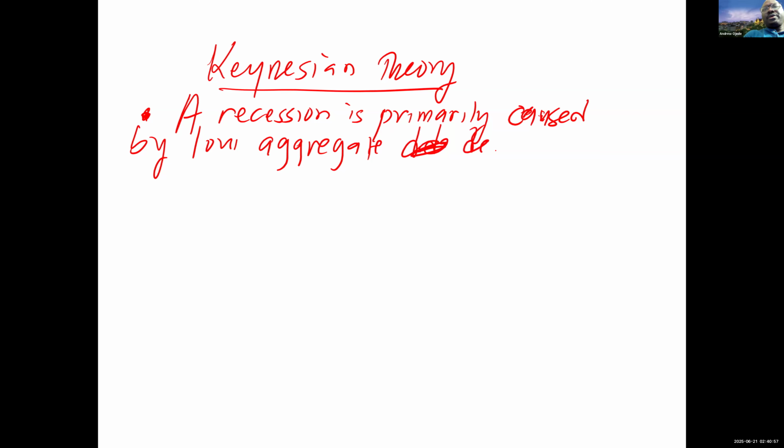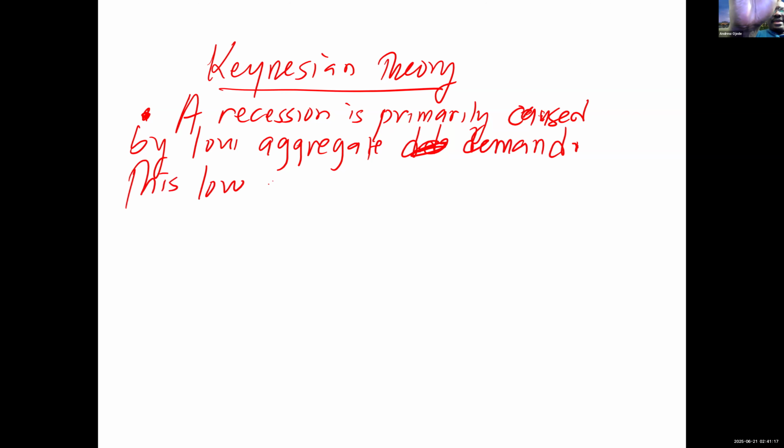Okay, right, low aggregate demand. So Keynes argues that in a recession, consumers are not spending enough money, and businesses are not spending money. Maybe they have low confidence in the economy. Okay, so this low aggregate demand,